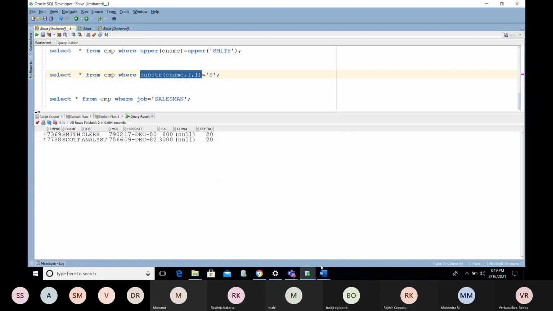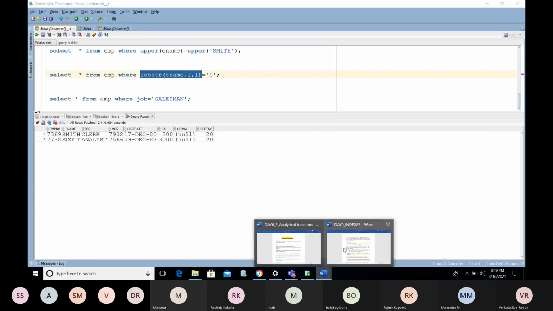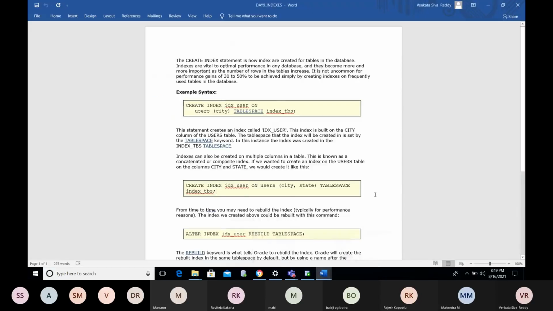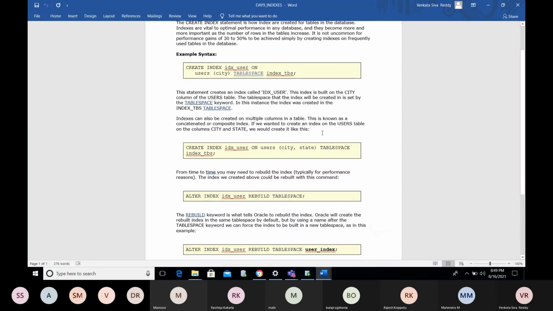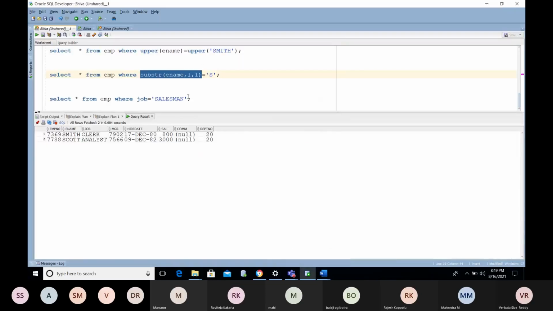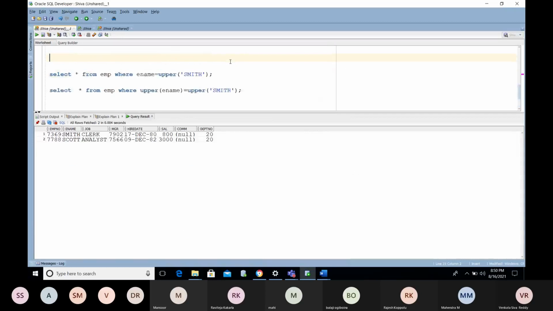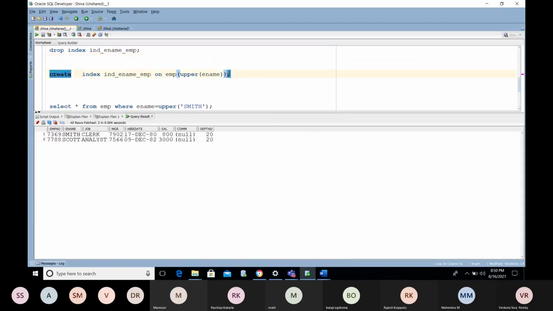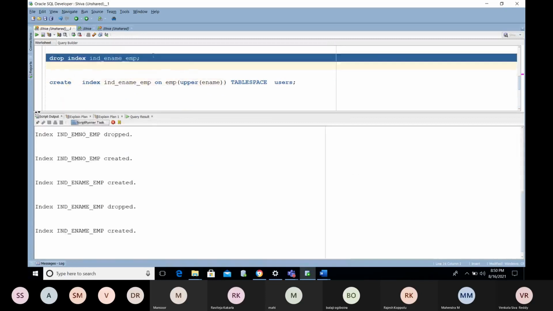Okay, shall we stop? I haven't shown what things we have inside this, and we can mention the table space. How to rebuild the indexes, all the things I have provided here. If you require anything performance wise, we will discuss in later classes. See, if you are creating any index, we can mention a table space name as well. Table space users. I know about only one table space here. Now I am going to mention that particular table space.